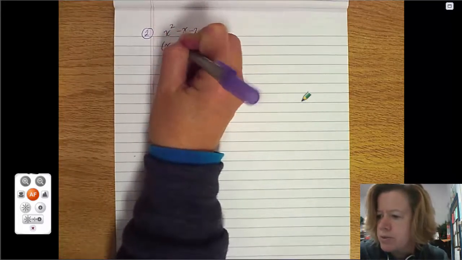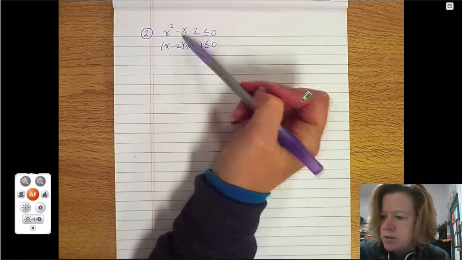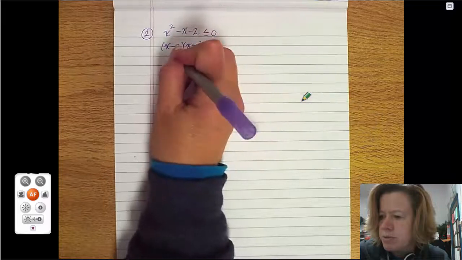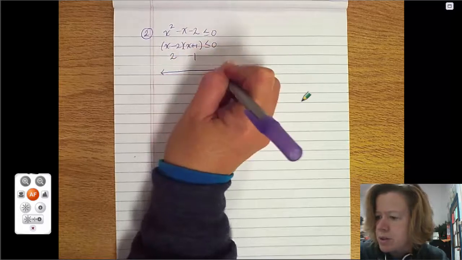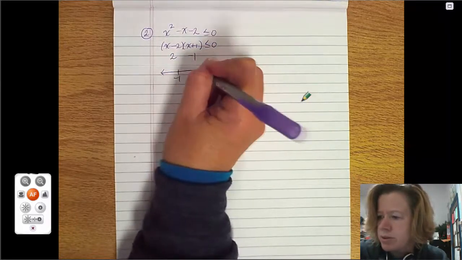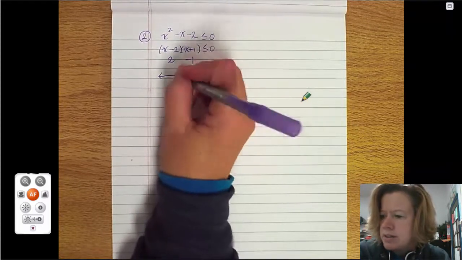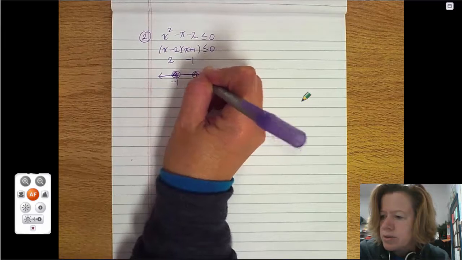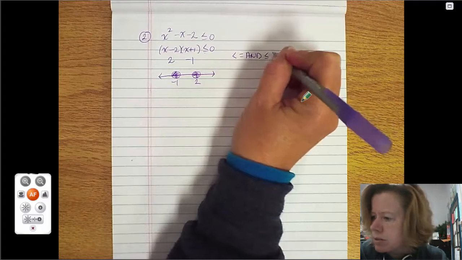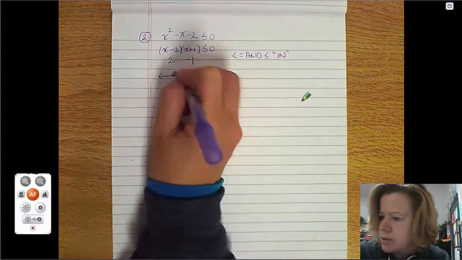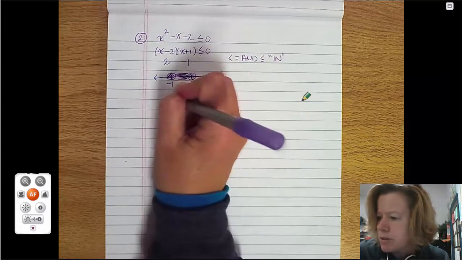x minus 2 and x plus 1 multiplies to -2 and adds to -1, and so my results are 2 and -1. But it's an inequality. I'm going to place -1 to the left of 2 on the number line, because that's where it lives. And this is less than or equal to, so I fill in my bubbles. And because it's less than, that means and means shade in. So I'm going to shade in between those bubbles, which means my result, you could write it two ways,